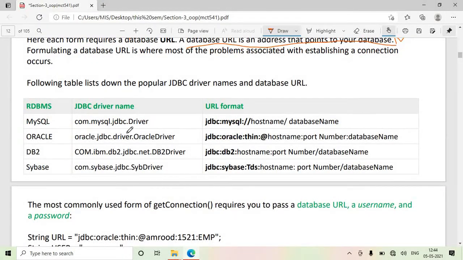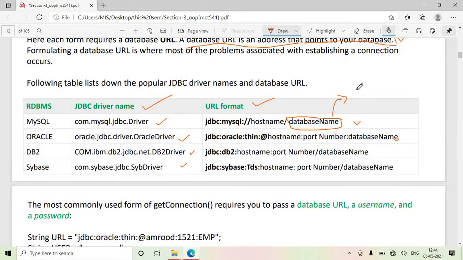Here we have summarized a few driver names and their formats for your ready reference. For MySQL, you can use this as a driver name. For Oracle, you can use this as a driver name. For DB2 and Sybase, you can use this driver name and this as your URL path. Replace this database name with your actual database name.